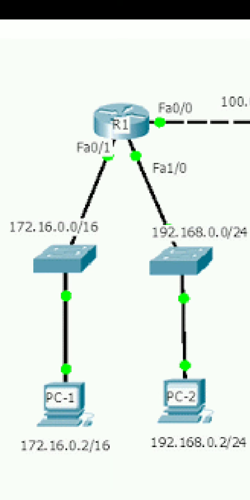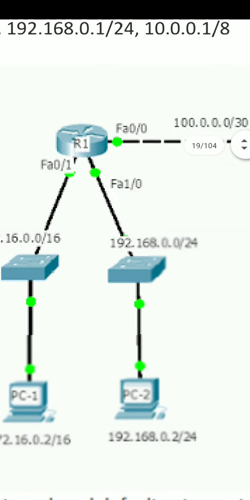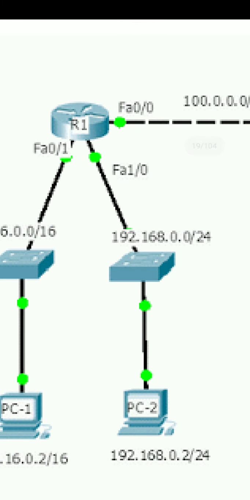So this is the leftmost network for which interface FA0/1 is the default gateway. The second interface of R1 is FA1/0, which is the default gateway for the second network, 192.168.0.0.